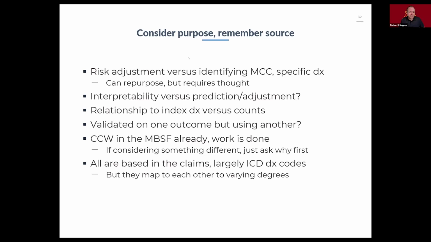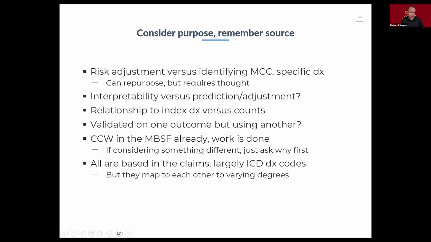I would also just note again that the chronic condition data warehouse categories, those algorithms we looked at that are similar to Hebert et al. and so on, those are in the master beneficiary summary file already. Those are segments there. The work is done. And so if you're trying to look for a general look, or you don't necessarily have specific reasons for why those don't work for you, just keep in mind that that work is done, and it's relatively affordable as data files go. Maybe that's enough for you.